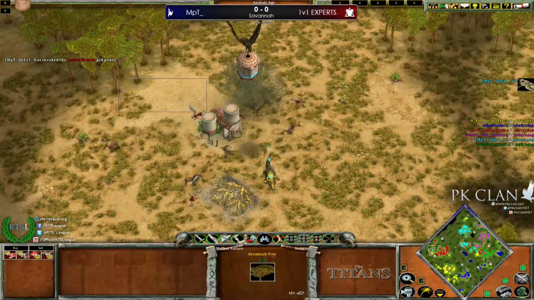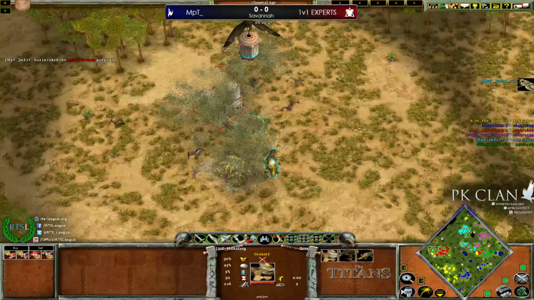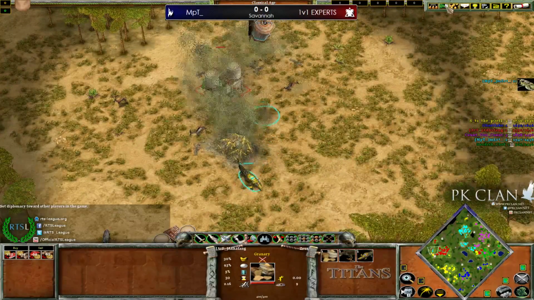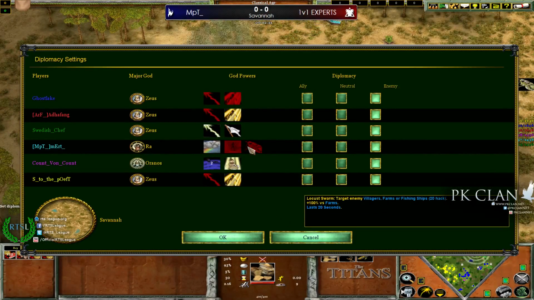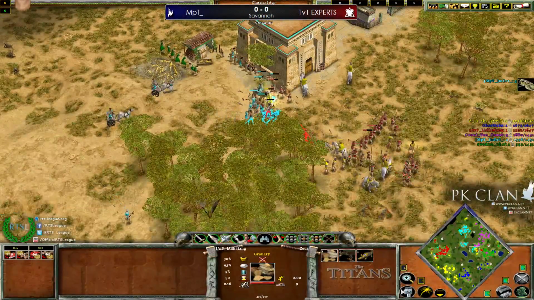As we see Ertz God Power here. The Locust killing a lot of Vills. We see that Ertz is the only player in Heroic. 2 restorations left for the 1v1 expert team. Migdol gets up just in time